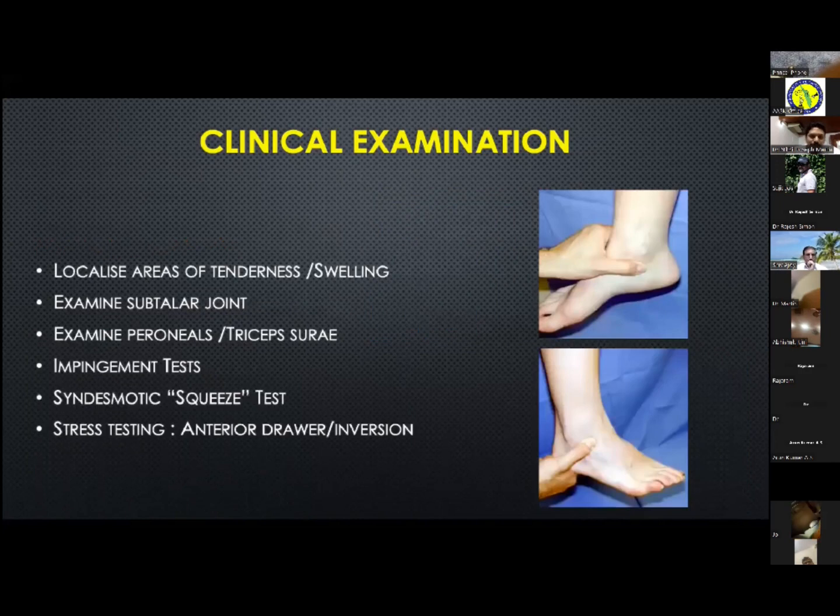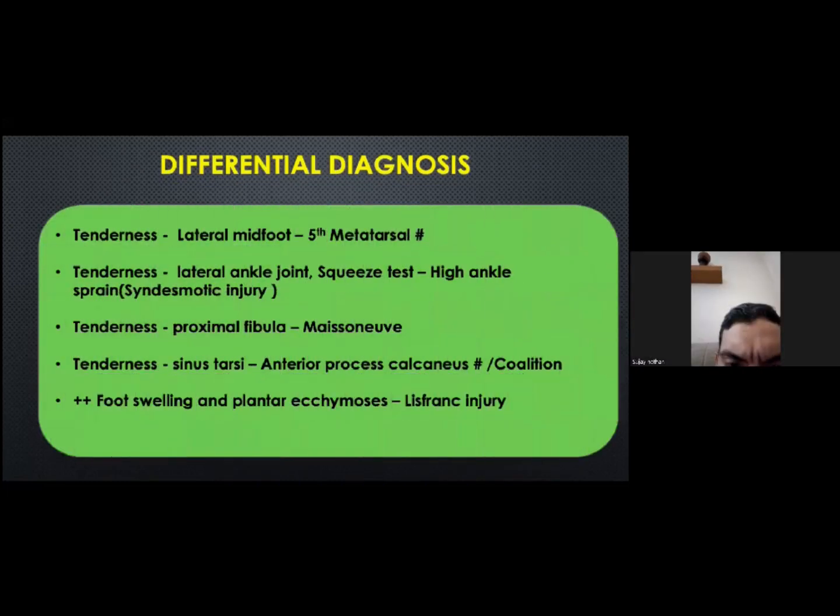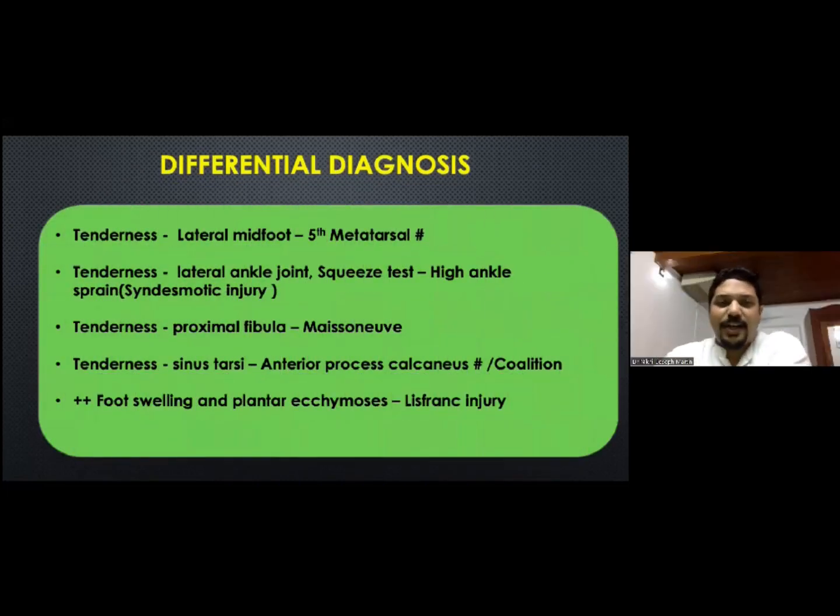On palpation, look for areas of tenderness. Examine the subtalar joint, the peroneals, the triceps surae, and the gastrosoleus muscle tightness with the Silfverskiöld test, the syndesmotic joint and subtalar ligament, and also the impingement test, squeeze test, and anterior drawer test, which are part of the stress tests. So it is important to keep a few conditions in mind when you examine the ankle